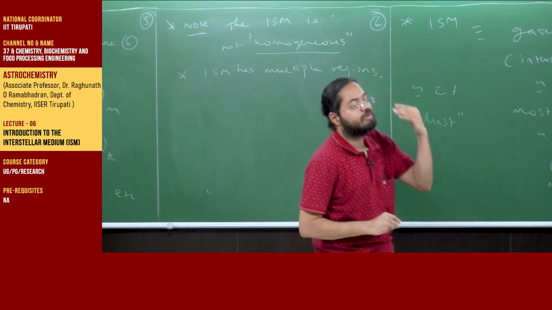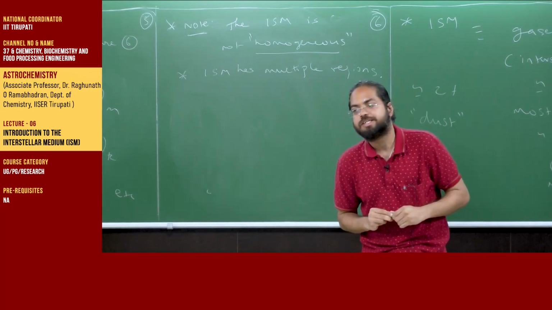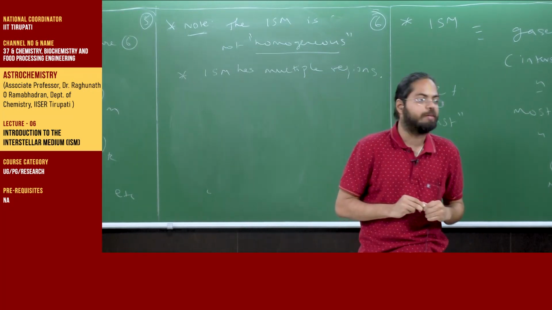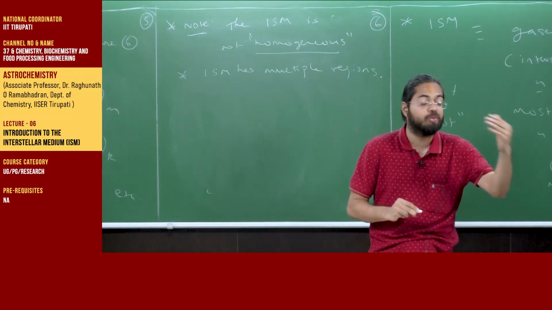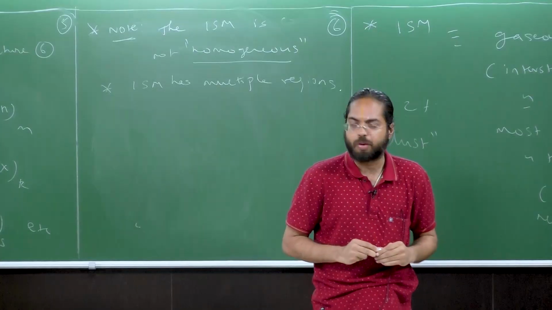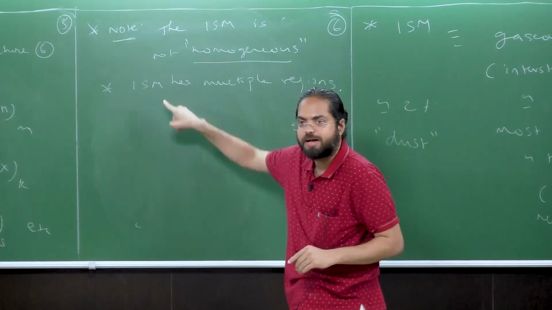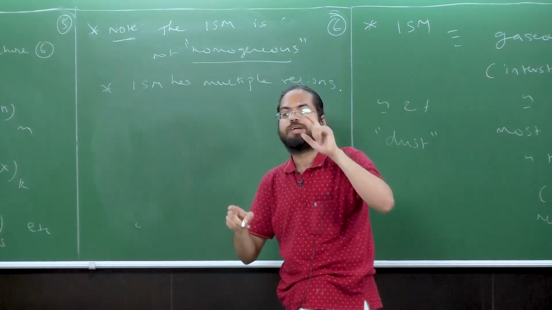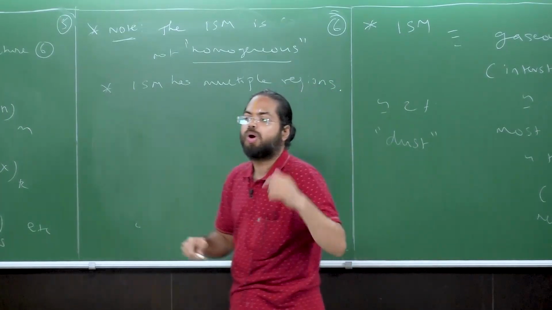Now, what these regions are and what implications they have for the different types of chemistry, we shall soon see next. Okay, so the key thing is that there are different regions of interstellar medium, and what characterizes these